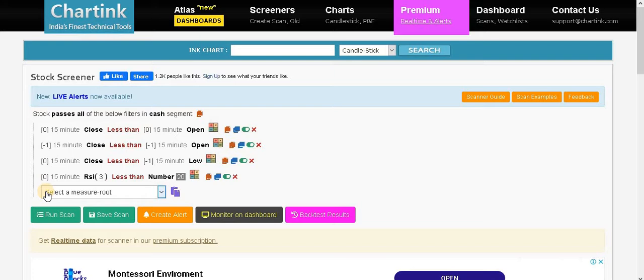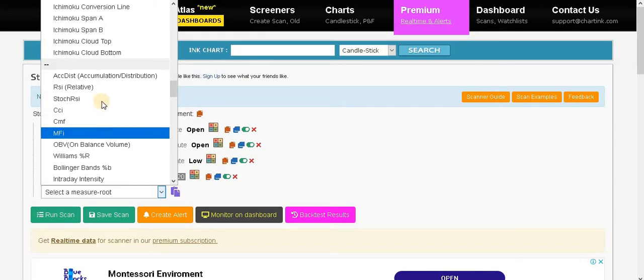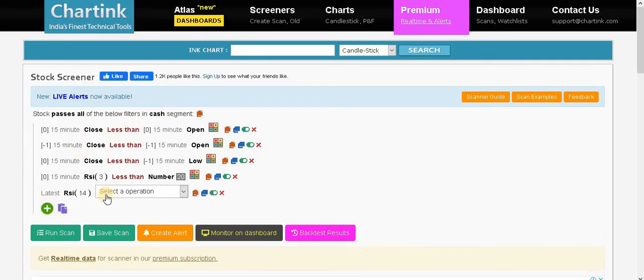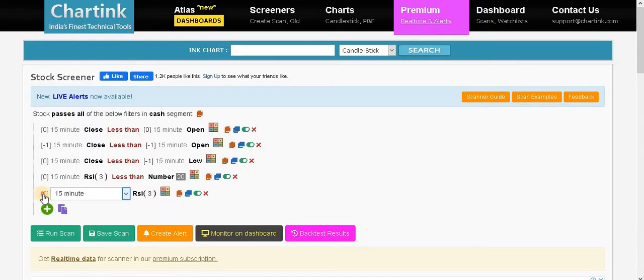Now the last one is there, and over here it shall be again RSI, and the value is going to be again 3, whereas this latest is going to be again 15 minutes.